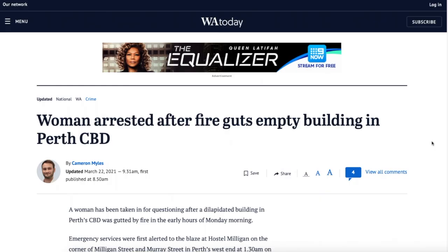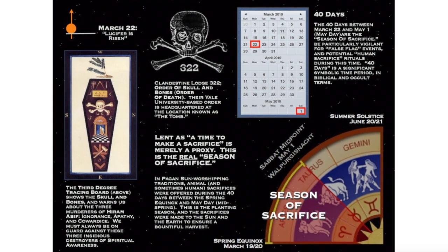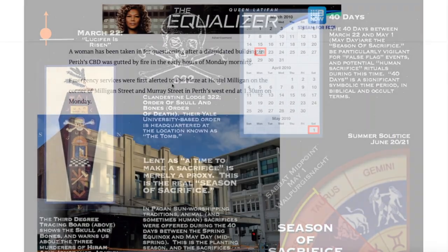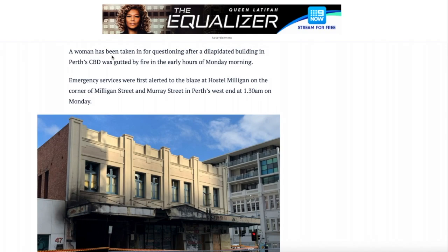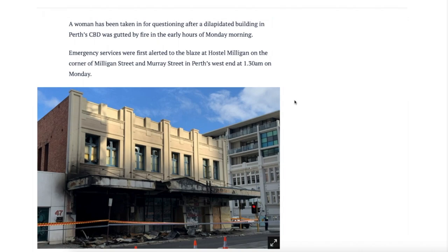From WA Today, the date is interesting, 22nd of March. And it's a very curious building. I thought I would let you know what's going on here. So, we're not interested in the woman or too much about the circumstances. I just want to look at the building as an interesting case study. Emergency services were alerted to a blaze at the Hostel Milligan on the corner of Milligan Street and Murray Street